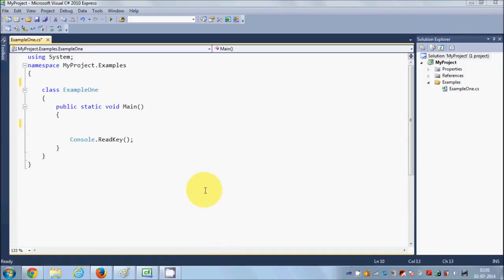Hello guys, in this video I'm going to teach you about class inheritance in C Sharp. C Sharp is an object-oriented programming language, and inheritance is one of the most important concepts in object-oriented programming. Inheritance allows us to define a class in terms of another class, which makes it easier to create and maintain our application. So this allows us to reuse our code, and that makes our code error free and fast